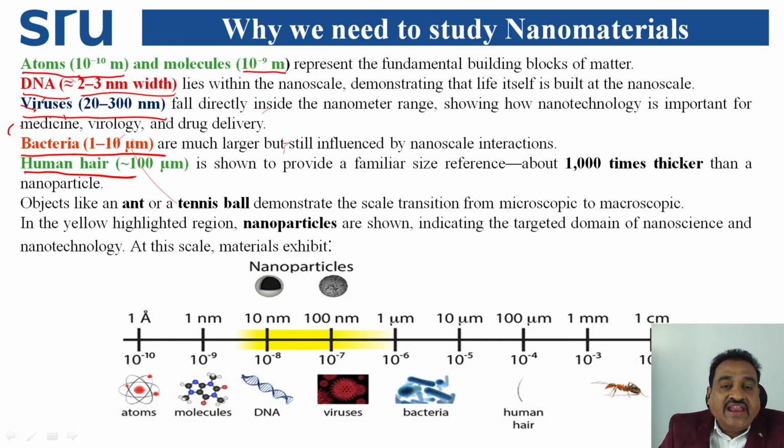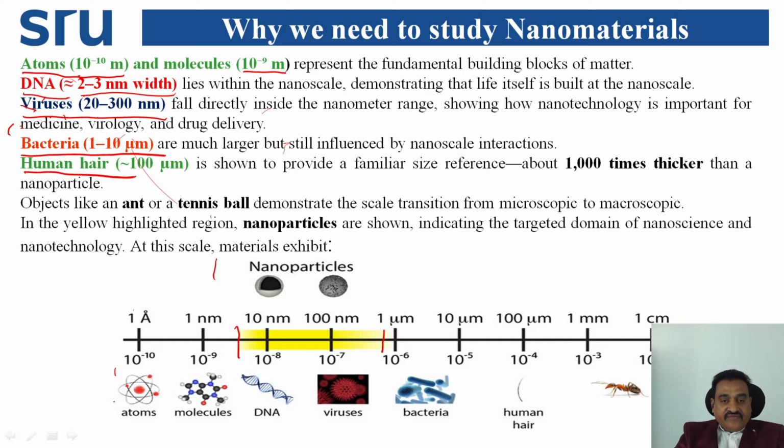In the yellow highlighted region, nanoparticles are shown, 10 to the power minus 8 to 10 to the power minus 6. That is, you can observe clearly here. The nanoparticles are shown indicating the targeted domain of nanoscience and nanotechnology. At this scale materials exhibit